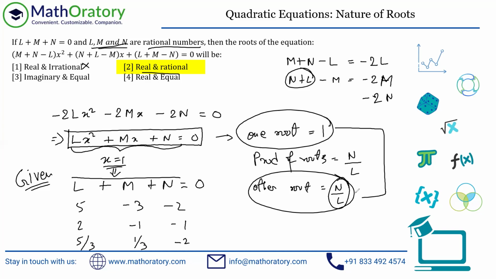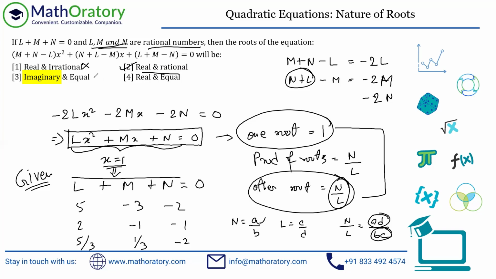It's very easy to understand if you understand what are rational numbers. So for example, if I consider N is A by B, where A and B are integers, that is the definition of a rational number, and L is equal to C by D, again, C and D are integers. So when you divide N by L, what you get is something like AD by BC. Now, since A, B, C, D, all of these are integers because these are rational numbers, that is where we started with. Product of two integers will always be integer, right? So n by L is also coming out to be in integer by integer form. So rational number divided by rational number is always a rational number. So this is correct. Both the roots are real as well as rational.